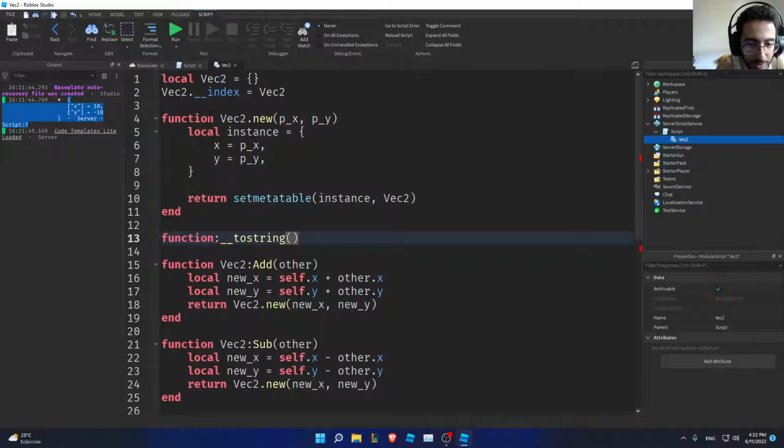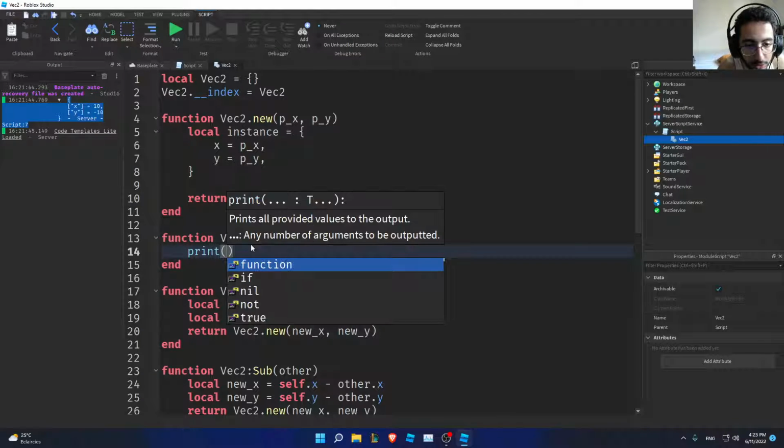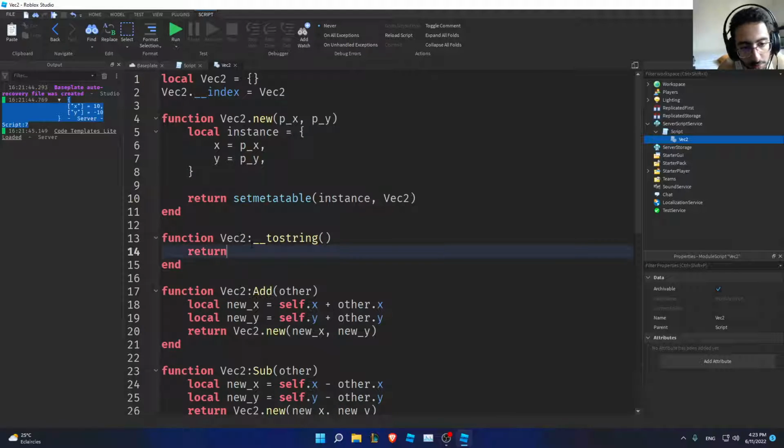Oh wait, what am I doing? Function vec2, two underscores toString. This is a meta method called toString, and it should be like this, exactly like this. So yeah. All right, now if we just return